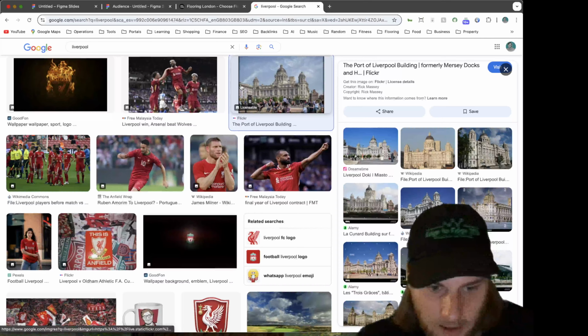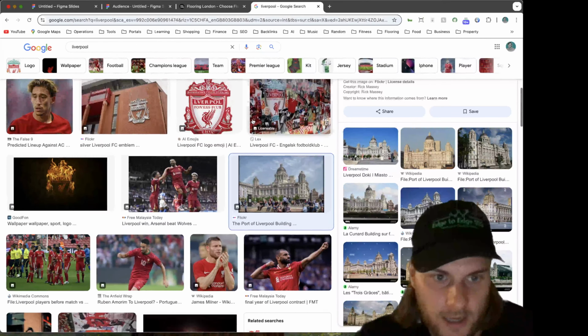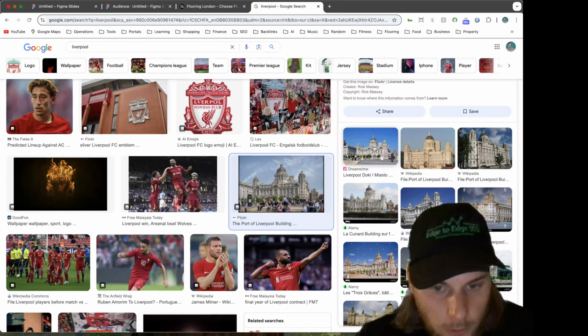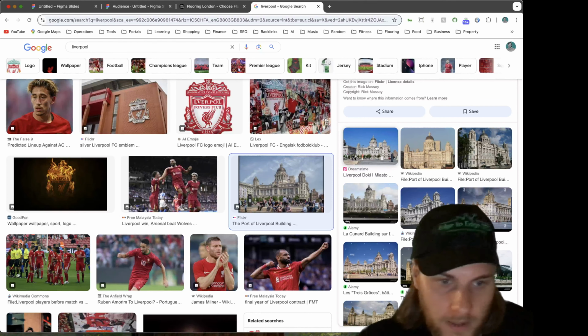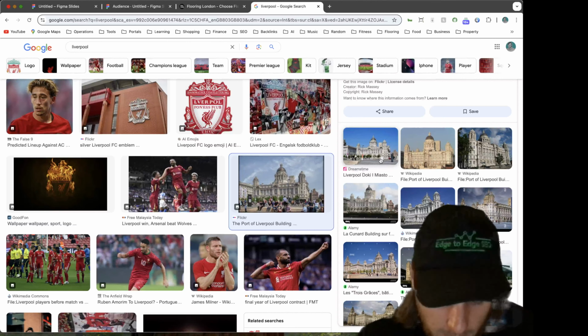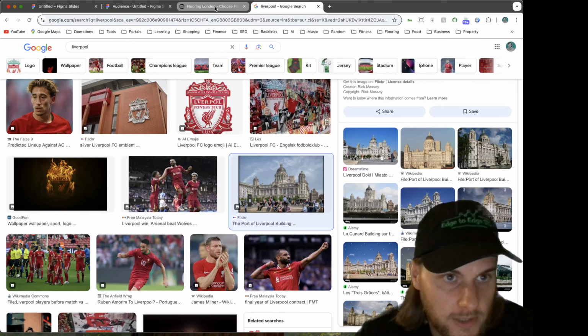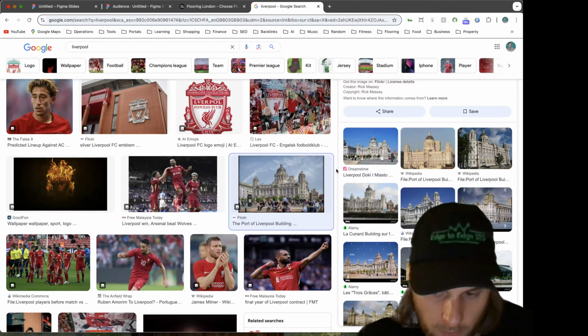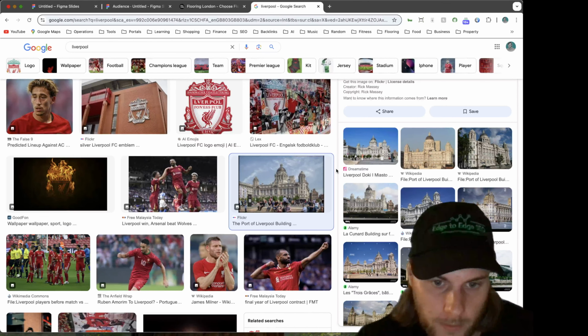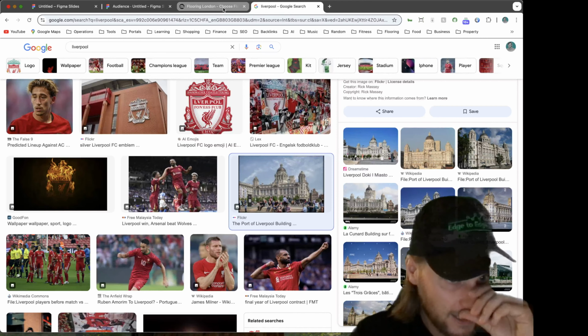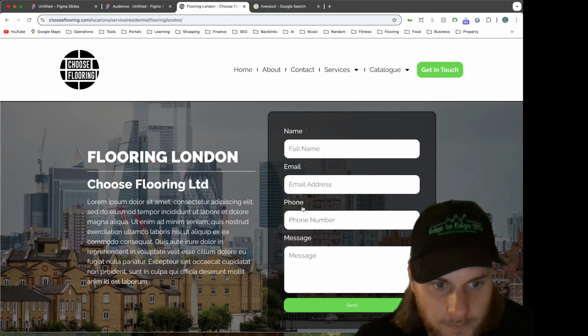And even if they are smaller areas, you can still find images related to that area. And whether Google understands those smaller areas or not, I'm not sure, but you're better having those images there. Even from a conversion perspective, if someone lands on your website and they're looking for flooring in Liverpool and they see a landmark from Liverpool, they're going to know that they're on the right page before they've even read the content. So the images make a massive difference.